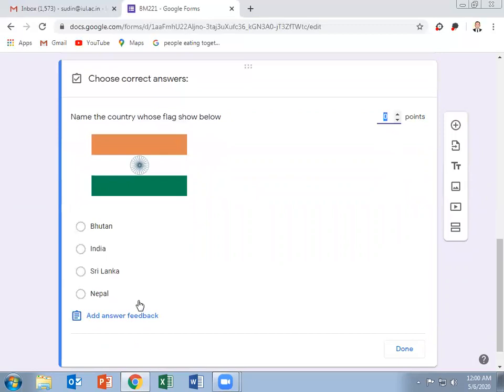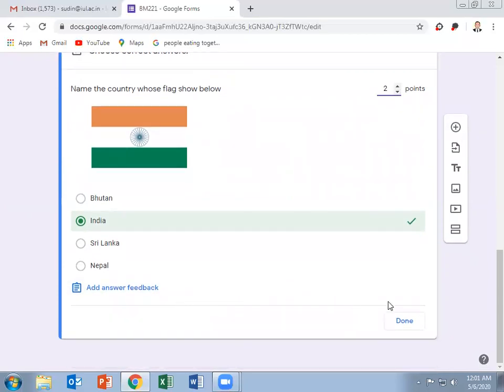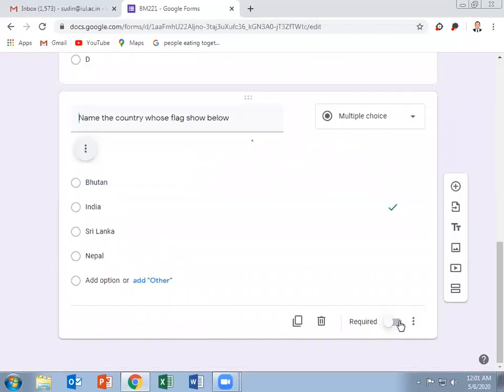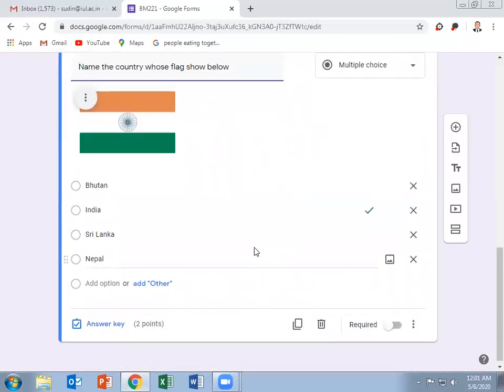The next step is we have to add the answer key. Let's click on the answer key. The correct answer is India, and if the student gives the correct answer, he'll get the points, and the points can be increased or decreased from this side. If you want to increase the marks of the correct answer, we can increase from 1, 2, 3, 4, as much as we want. Here I'll give 2 marks for the correct answer. We can also add feedback, but it is not needed today, right? And this I'll press done. That means I have created one MCQ question in this form, which consists of 2 marks.